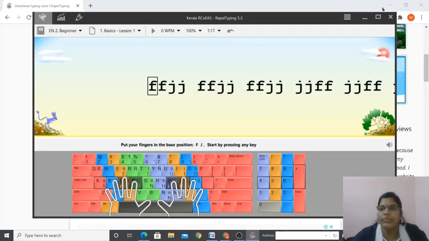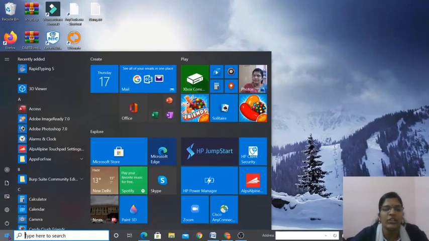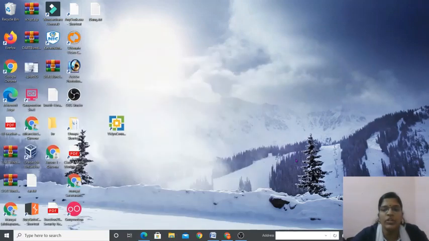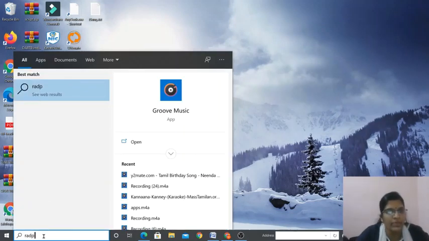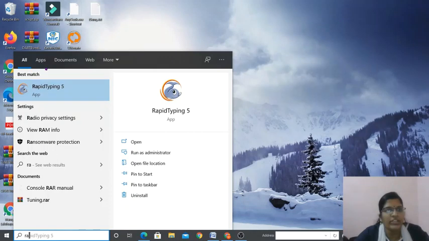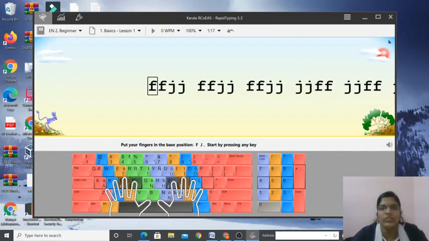Yes, this is the one. Let me close here. So how to open it? It is actually stored in the C drive. You have to check the location where it is stored. For me, it is stored in the C drive, and you can also see the shortcut over here. Rapid Typing Tutor, do you see Rapid Typing? Otherwise, no problem. In the search box, please type rapid. So you can see the Rapid Typing file. Click here, the app will open. So the app is open.